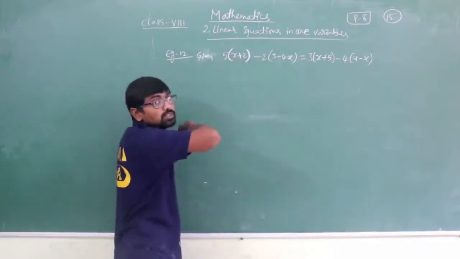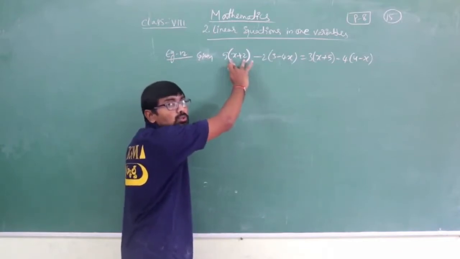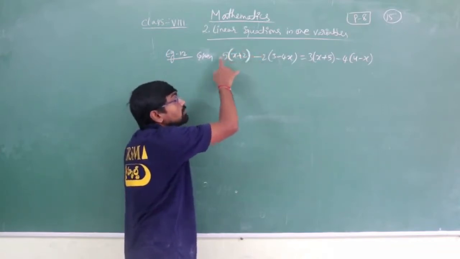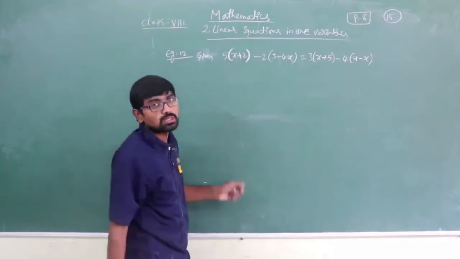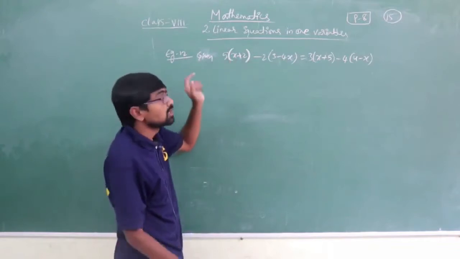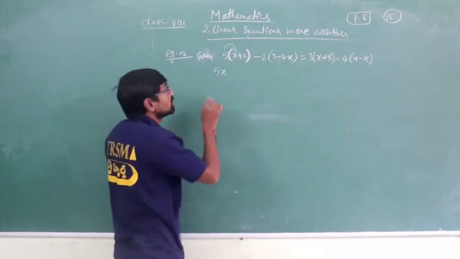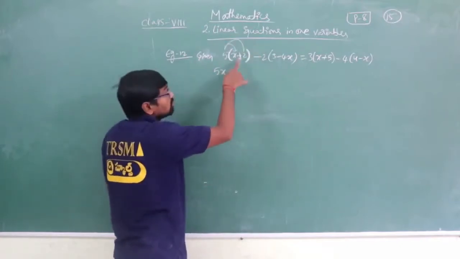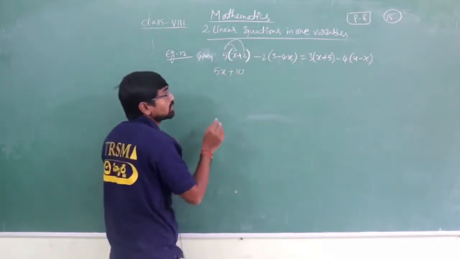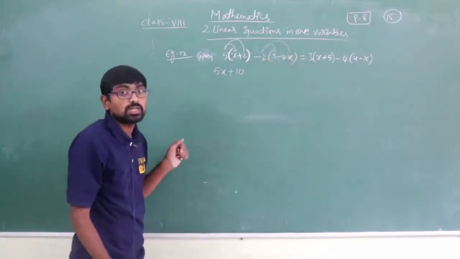Okay, first we need to remove the brackets. In the bracket we are having 2 terms, and this bracket represents that this 5 is multiplying both these terms. Understood? This 5 is multiplying both these two terms. So it means 5 into x, 5x. Again this 5 is multiplying with 2 with the same symbol plus, 5 2s are 10. Understood? Similarly here also, but the symbol it is being multiplied with is also very important.